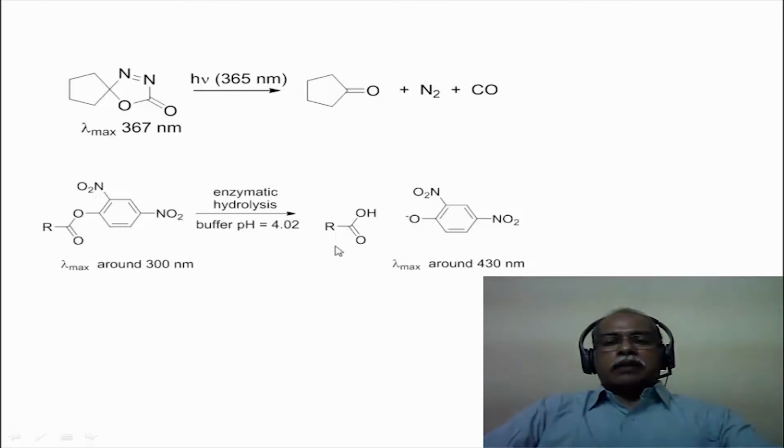On the other hand, once it is hydrolyzed under the conditions of pH 4.2 buffer solution, this exists as the phenolate anion. The phenolate is a strong auxochrome, and it causes a shift of about 100 nanometer, so the lambda max of this particular species is 430 nanometer. So as the hydrolysis proceeds, the absorption around 430 nanometer will keep on increasing until it reaches saturation, at complete conversion to the phenoxide species here.